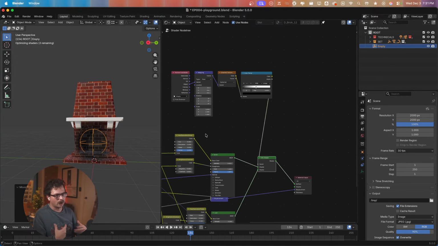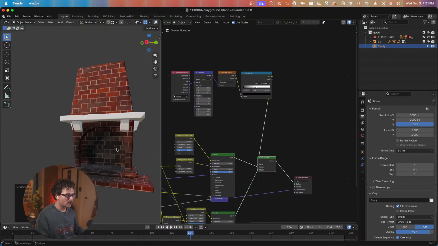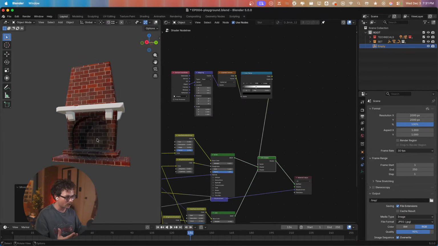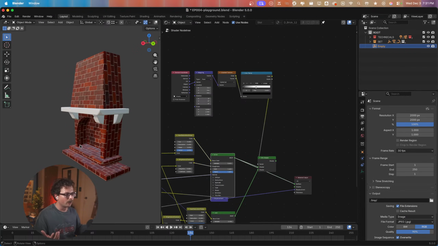Now, again, just to kind of show you why this matters, this is the way that it looks with our mix shader. It has character. It obviously looks like a fireplace that has been used before, but if you preview just the brick by itself, it looks a little bit, I mean, it's cool, it works, it's brick, but it doesn't really have character to it. So by adding just that little bit of detail,